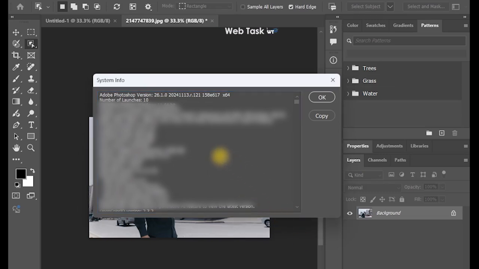Bismillahirrahmanirrahim. Assalamu alaikum. My name is Hassan and today we are going to remove image background in one click in